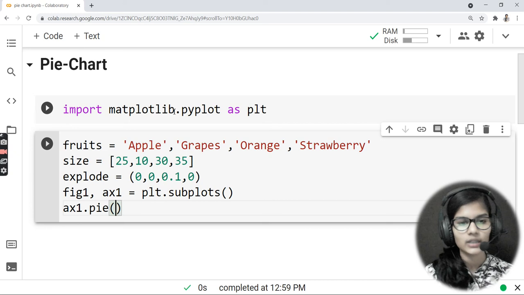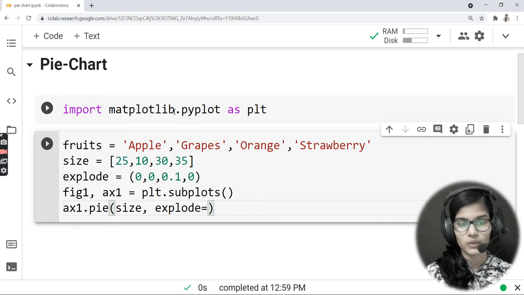Now, what is the variable in which I have stored the size? Right, so the same one is here, size we have taken, in which I have stored the percentages for the fruit. So that is basically my size. I wrote that. After that, we have a parameter that is explode. Right, I mentioned that thing. Explode means that do you want any part of that to come outside?